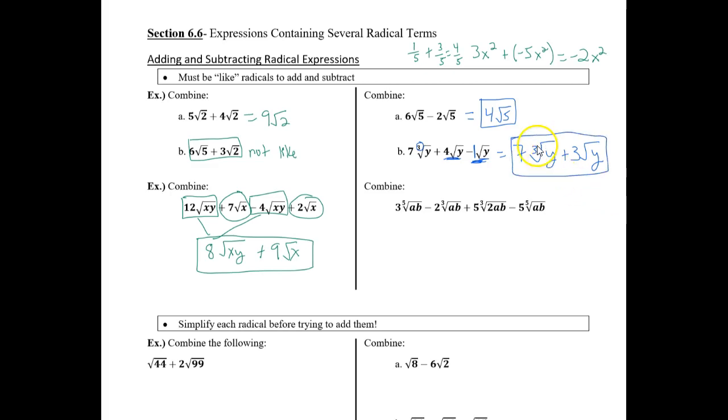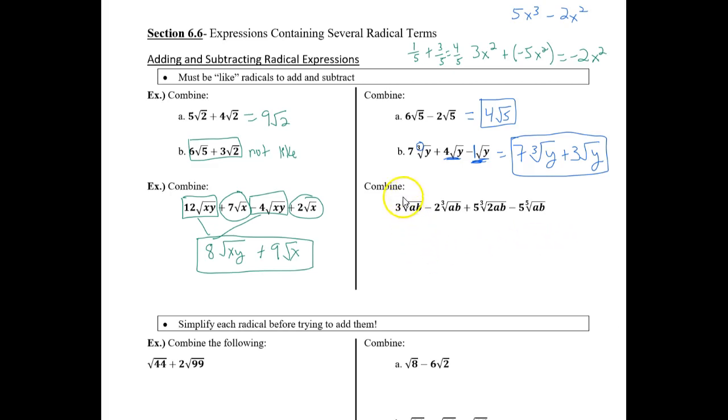So a cube root and a square root are different, just like when we're adding something like 5x cubed minus 2x squared. They're not like. They cannot be subtracted. Same idea with a cube root and a square root. Alright,